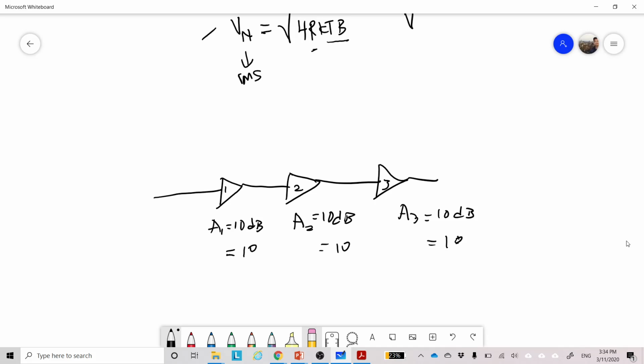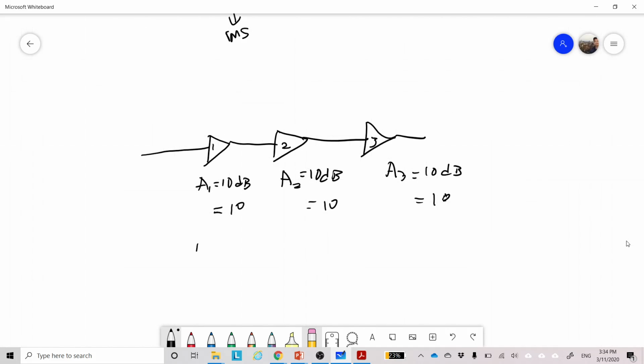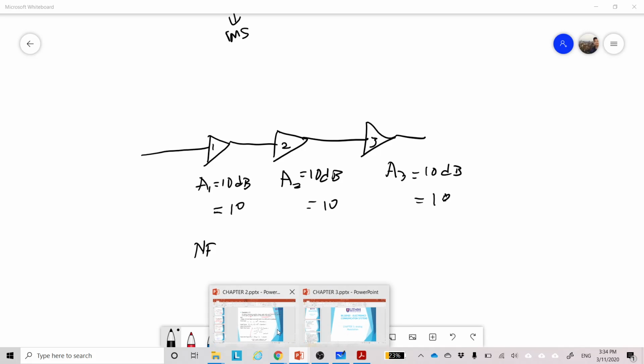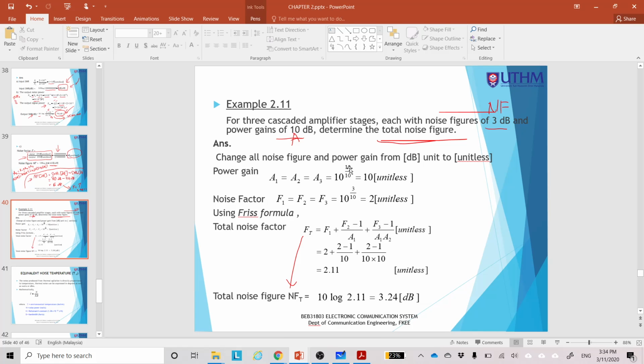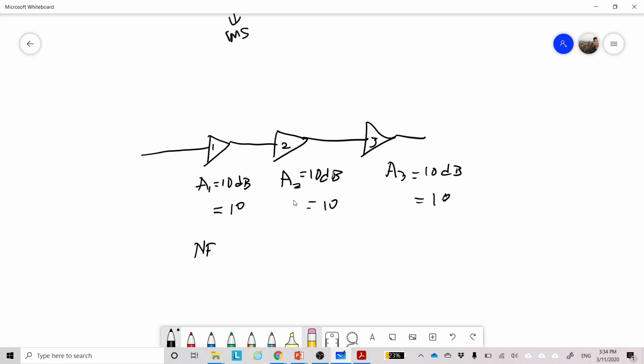And then what? You diberikan juga NF. Okay, you diberikan noise figure adalah bersamaan dengan 3 dB. Okay, noise figure bersamaan dengan 3 dB. So what happen is that NF1 bersamaan dengan 3 dB, NF2 sama dengan 3 dB, NF3 sama dengan 3 dB. Okay, so therefore